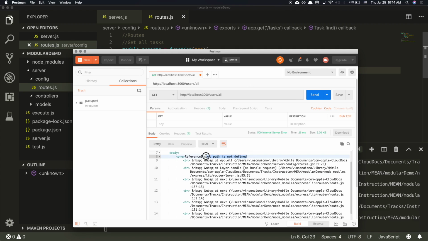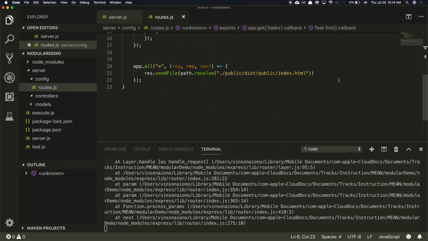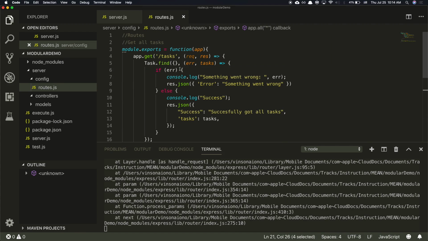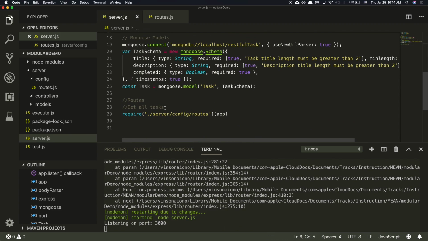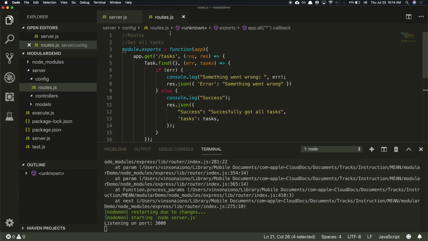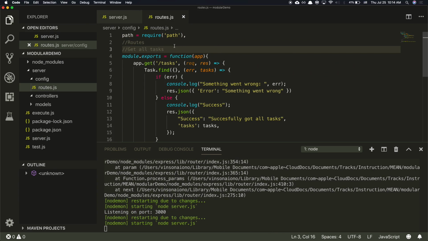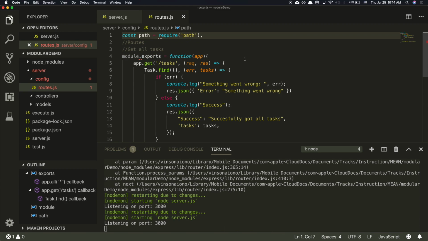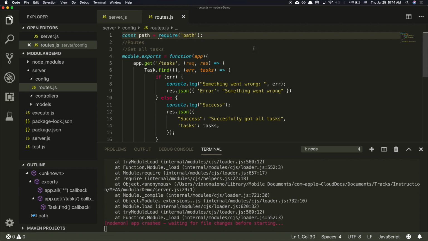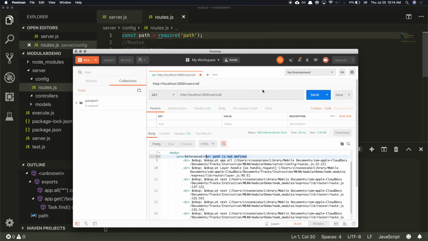Path is not defined. Okay, so we get this error, and all that means is that this variable path that we're trying to use hasn't been defined. We haven't required it. It's not required in the correct place, right? So in our server where we did require it, we no longer need it in this file because we're not using it in this file. Now we need it in this file. Okay, so now if we try it again,